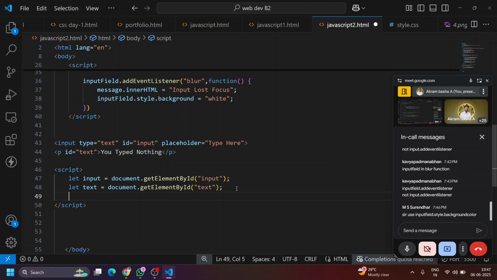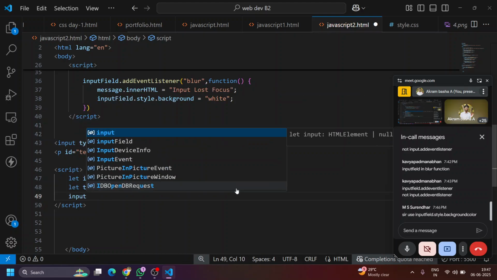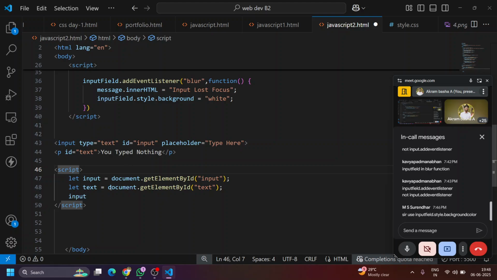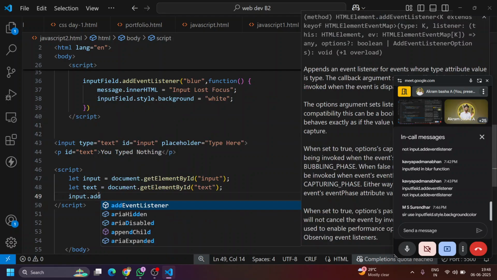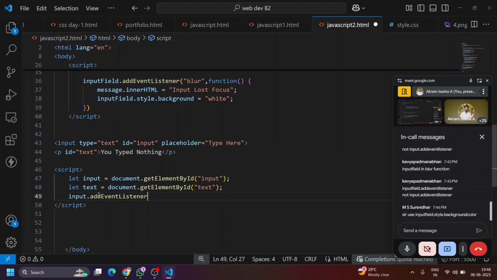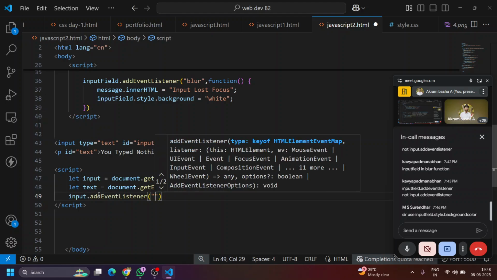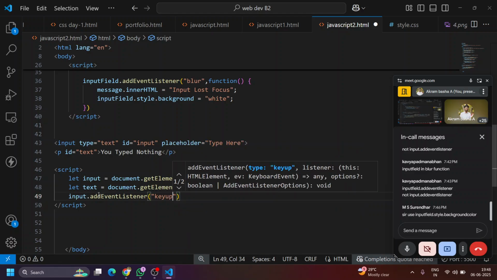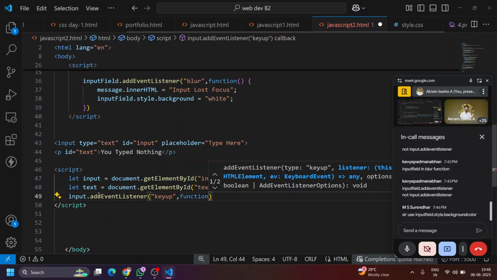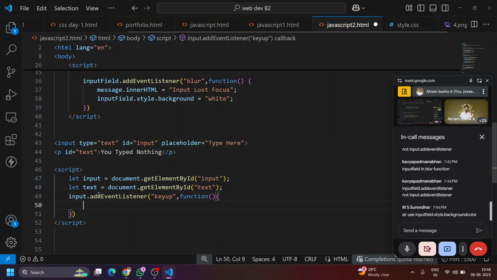Then I will apply input. I have used the id as input, so I will provide id as input dot add. For this particular id, I will apply add event listener. The event listener should be key up, and then you should call a function. On particular key up, you should call the function. For this function,